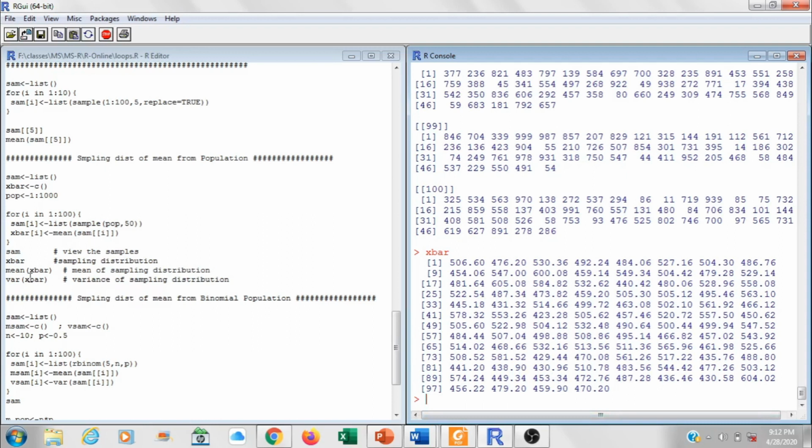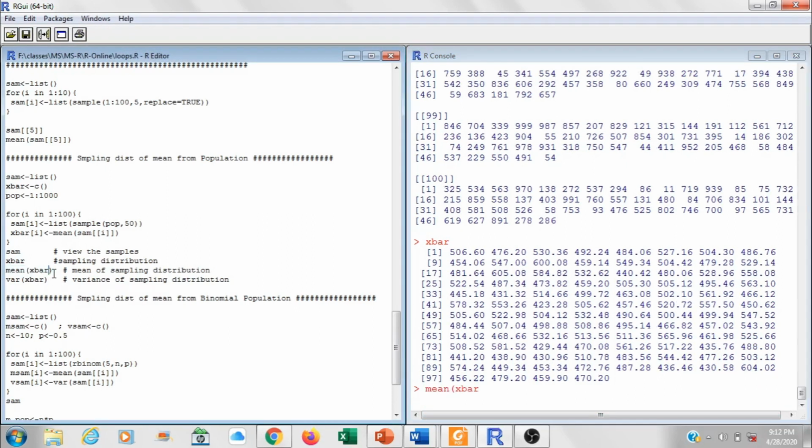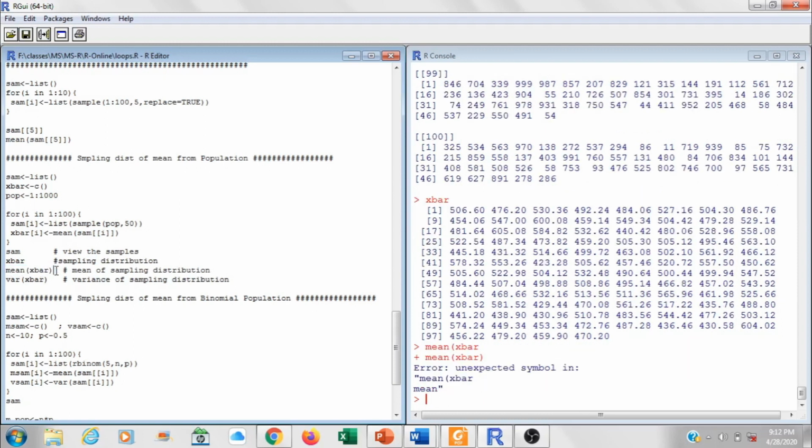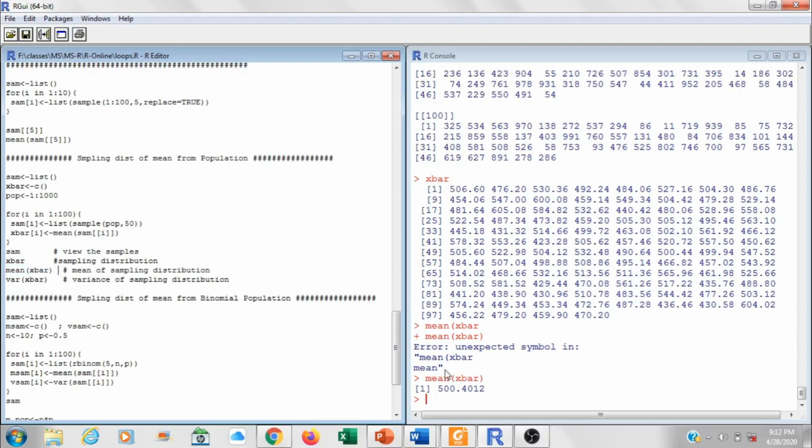Now if you want to find the mean of the x bars, I think it was not executed completely. Okay, this is the mean of the x bar, and simply the variance of the sampling distribution of the sample means.